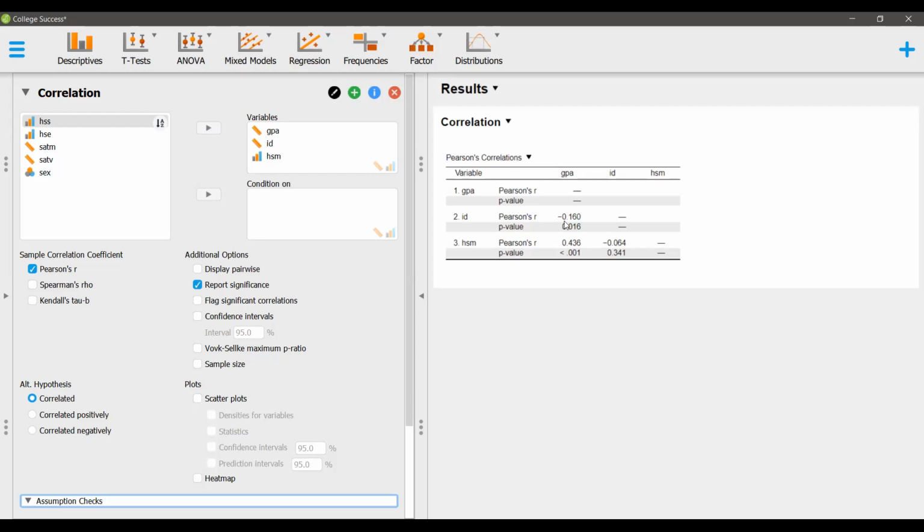Coming to over here, the Pearson R values are listed in the table, and the p value. The p value is an indication of how much significance we can give, or how good or bad that estimation of the R value is.